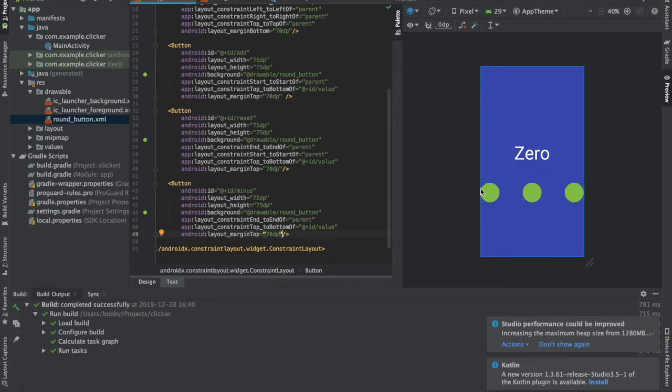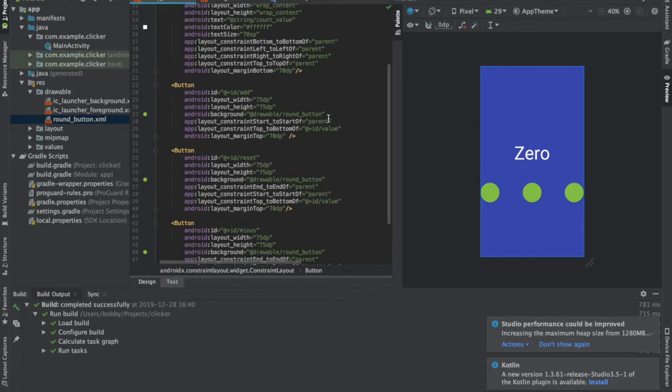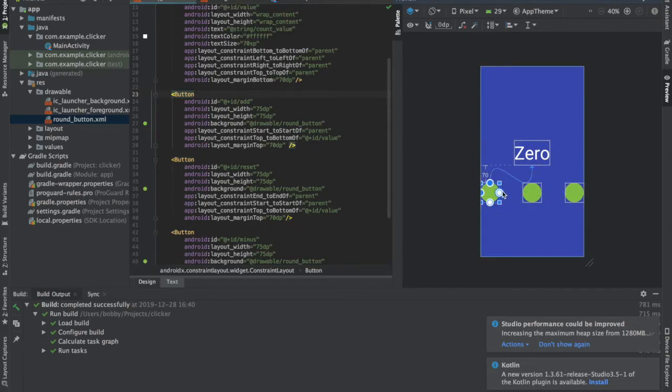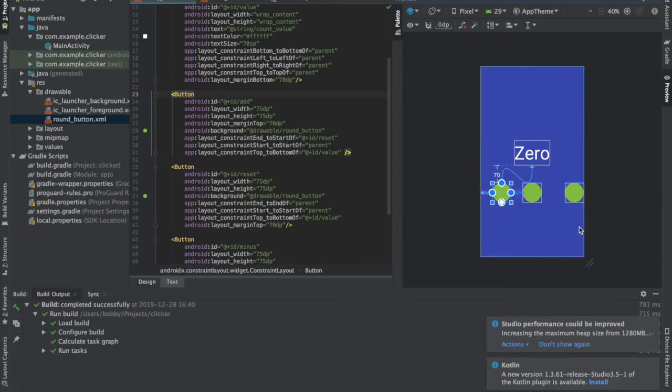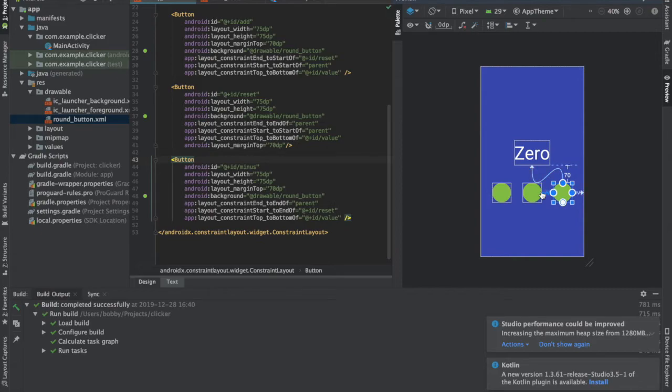And the next thing I actually want to do is space out or bring these buttons in. To do that, again, all I actually need to do is click on these buttons and use the toggles to actually pull the constraint in to each element. To actually do this, you do need those ID values set, otherwise you can't use the constraints because you can't identify those objects on the screen. Okay, so once that's done,